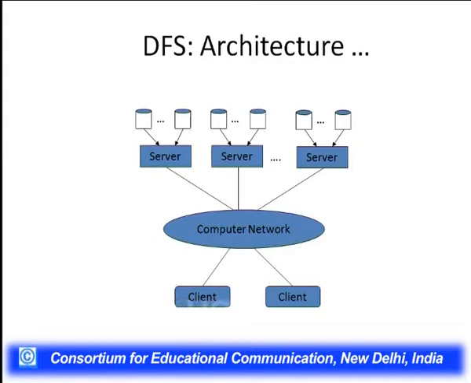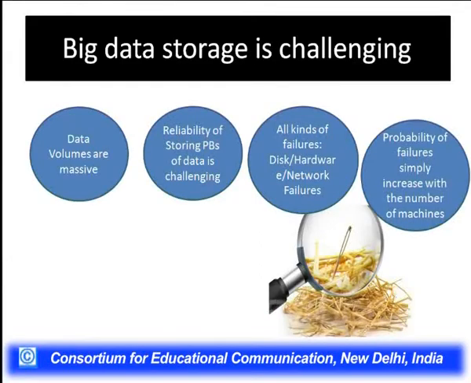So this is how an architecture for a distributed file system looks like. Similarly, in this diagram, we can see that there can be multiple servers, and there will be a computer network through which the clients will be accessing the servers. So this was the general look and feel of how a cloud file system should be. It should be a distributed file system. It should divide the files into multiple chunks. It should be highly available at all times, and it should be highly reliable. It should be secure. So this was the kind of cloud file system that we need.